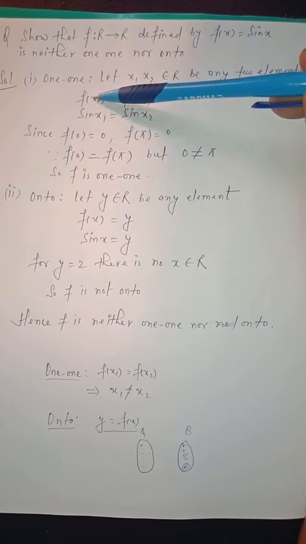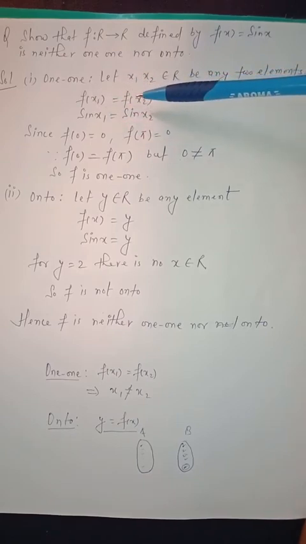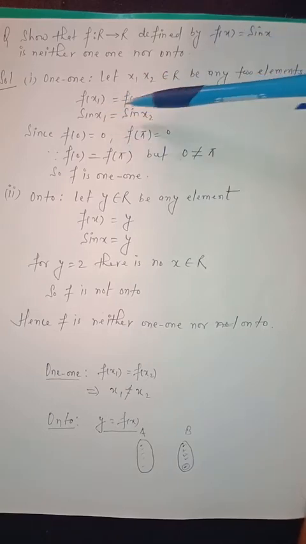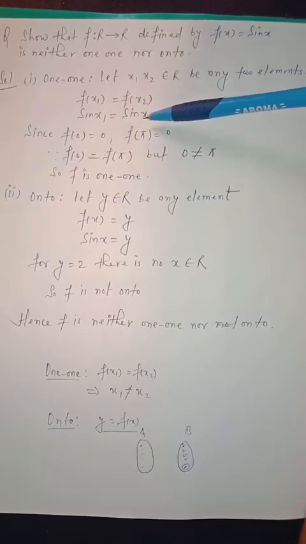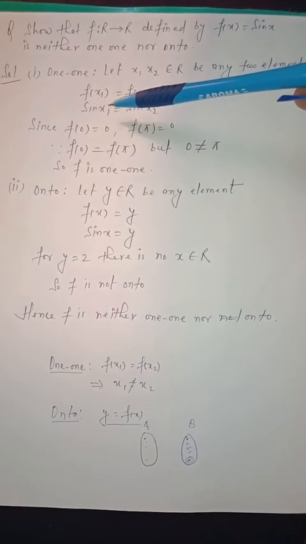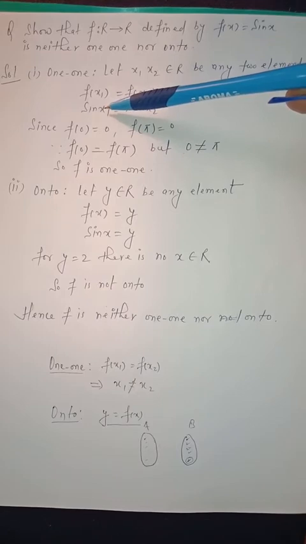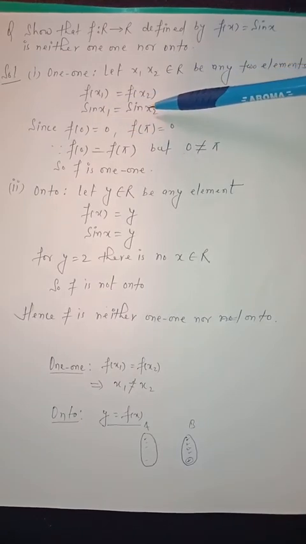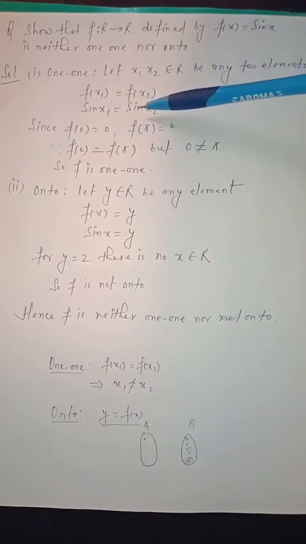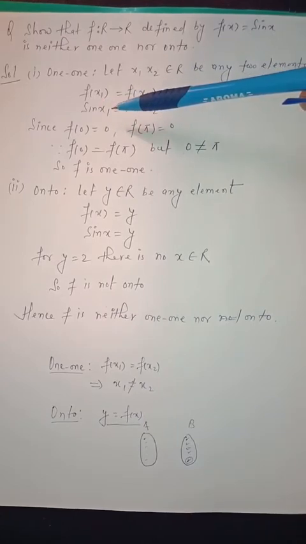So when f of x1 and f of x2 are equal, in place of x we can replace x1. So this f of x1 will be sin x1 and this will be sin x2. But don't repeat the mistake, because some students may write that x1 and x2 are equal, because I think you forget that this is a cyclic function. So now we are assuming two different values of x arbitrarily.